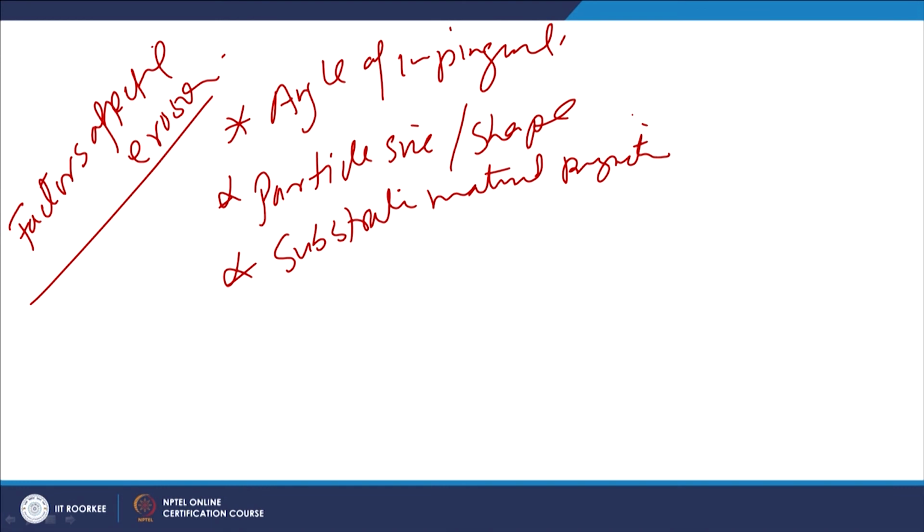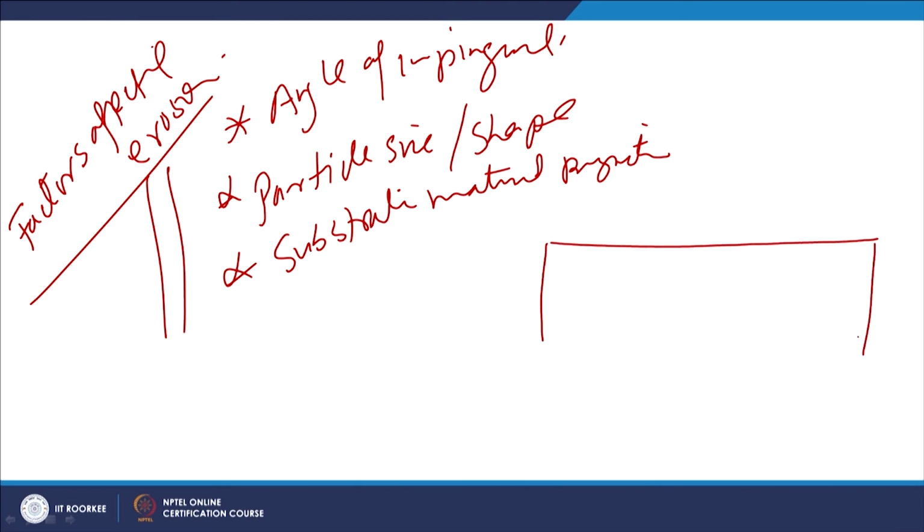Okay, and so these are the three important parameters which will be considered here when we see what the factors are that affect the erosive wear. As I have said, if we take one particle which is impinging at a high angle, low angle and further low angle, the severity of impact is less when the impingement takes place at low angle as compared to that at high angle.